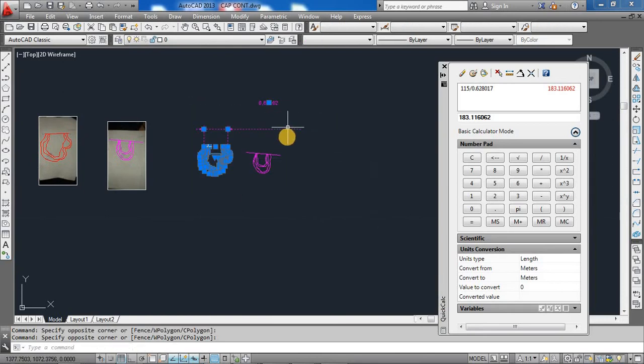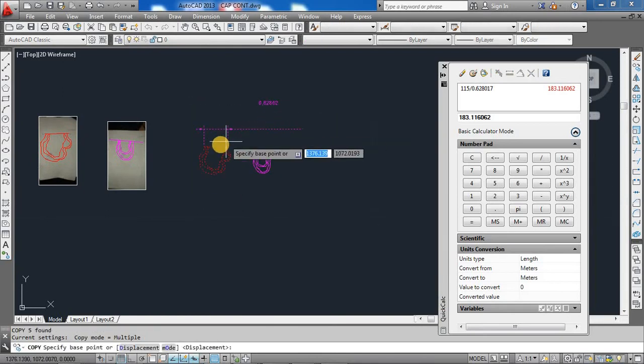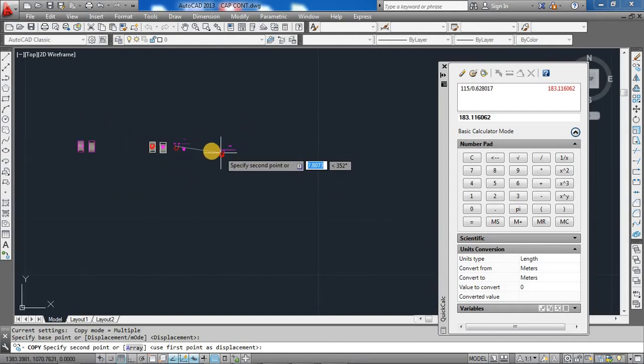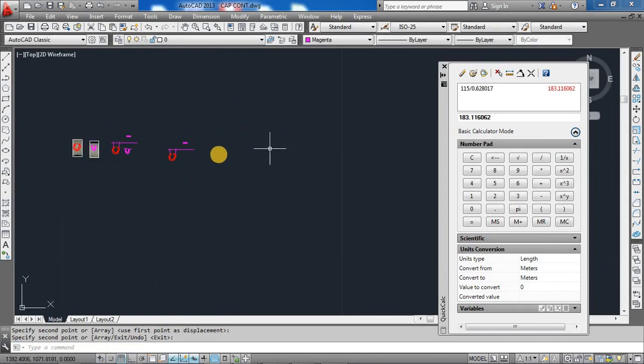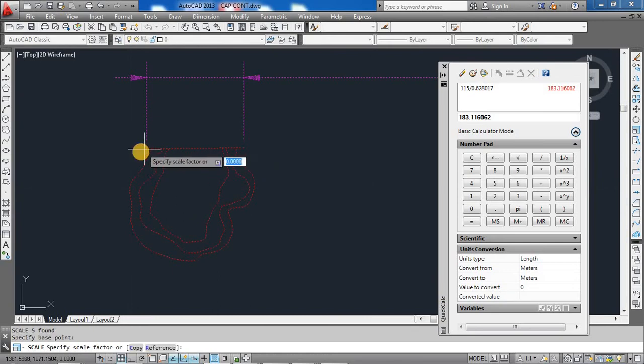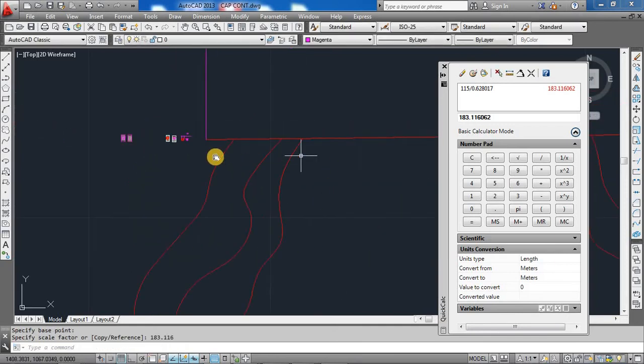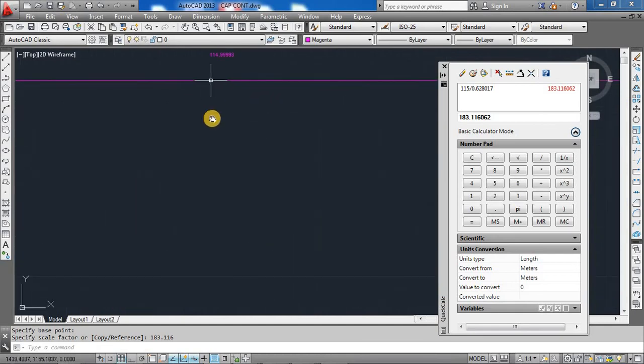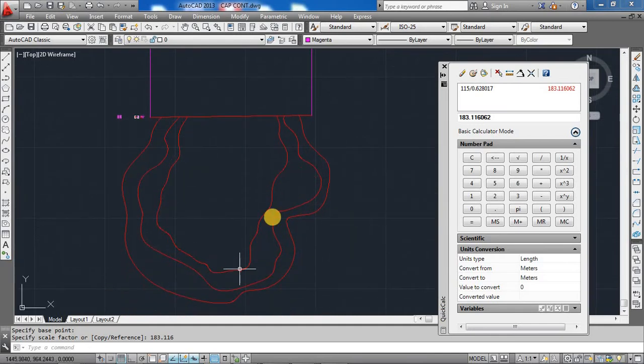So you copy this file and paste it separately here, and now increase the size by giving this factor, scale factor, SC enter. So the value is 183.116, press enter. So automatically the size will be increased, and you can see it is around 114.999, right? So this will be now actual, for actual scale, and you can calculate the area of this